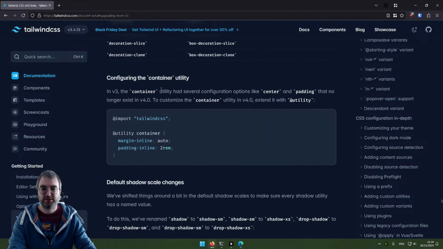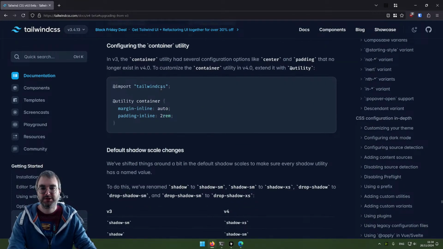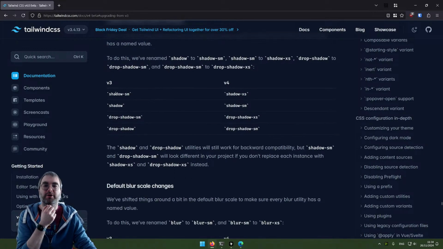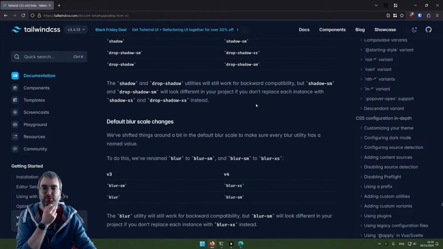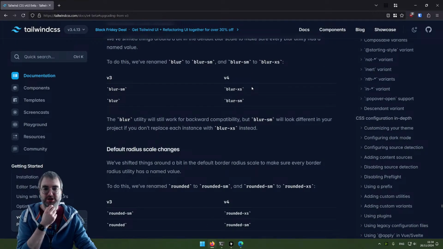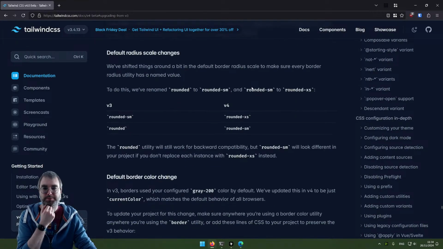There's a bunch of deprecated utilities. There is a container utility that had several options, like padding, that no longer exist. Yeah, sure, that's fine. Default shadow scale changes. So shadow is now shadow-sm, and sm is now xs, which is fine. It's just naming differences. Blur scale changes, same thing with the blur. Radius: they changed most of the things from having no size suffix to being small,